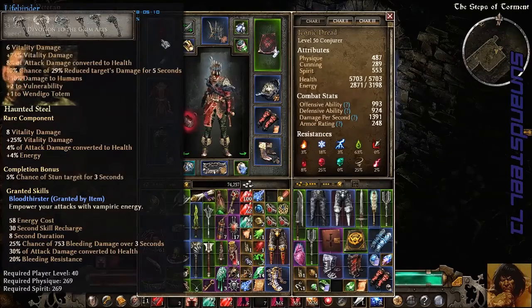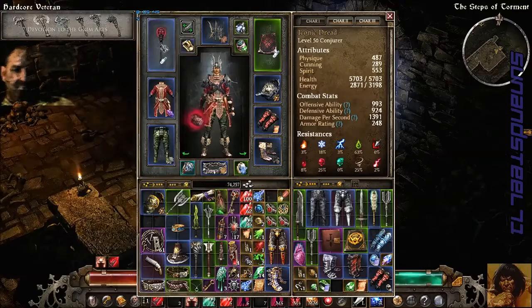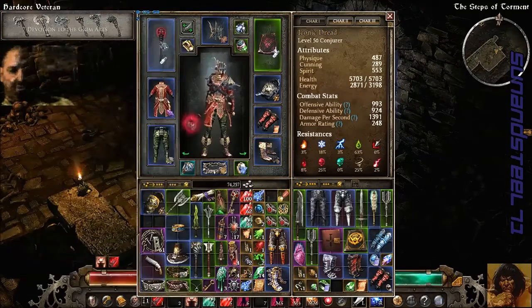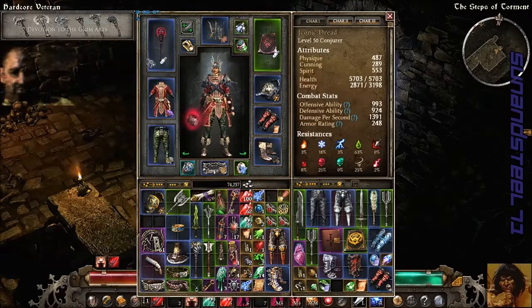So we've grabbed this. Very nice vitality bonuses, percentage vitality bonus on that one, and we managed to find that Harvester's Ledger from Homestead, which also gives us a very nice vitality damage bonus and some vitality decay bonus, as well as a little bit of offensive ability. So we're quite well set up there. But once again, these are not unobtainable items. Any player that's played up to level 50 and spent a little bit of time farming quite possibly will have these items in their stash, or be able to find them or access them without too much trouble. So there's not a lot of special gear here really, except for some of the Dreadlord stuff